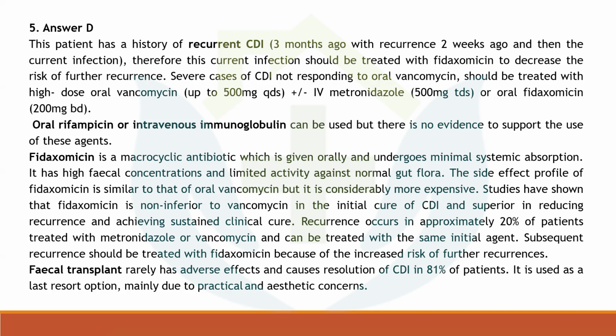So fidaxomicin is a macrocyclic antibiotic which is given orally and undergoes minimal systemic absorption. It has high fecal concentrations and limited activity against the normal gut flora. The side effect profile of fidaxomicin is similar to that of oral vancomycin, but it is considered more expensive. Studies have shown that fidaxomicin is non-inferior to vancomycin in the initial cure of CDI and superior in reducing recurrence. So this is the point. Fidaxomicin prevents recurrence. Vancomycin could also have been used, but because this is a recurrent infection, you have to use